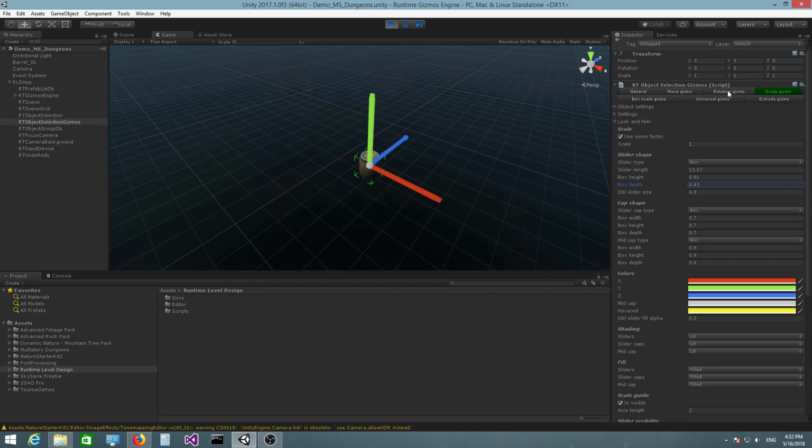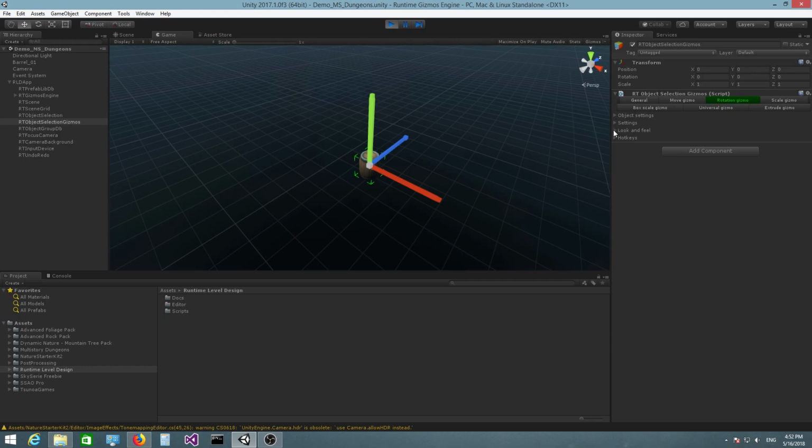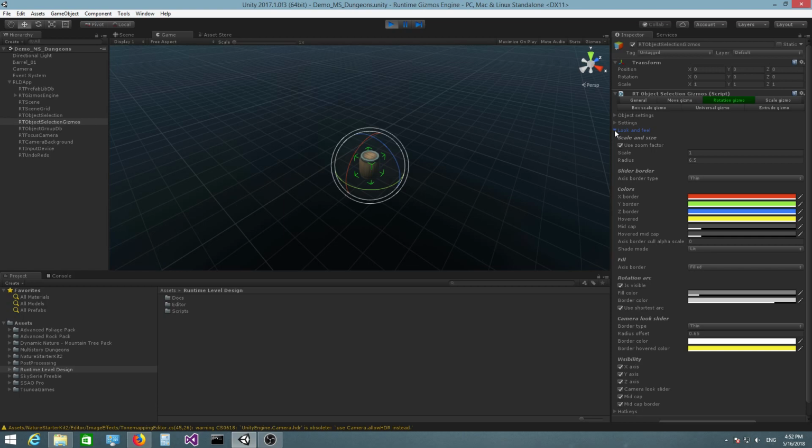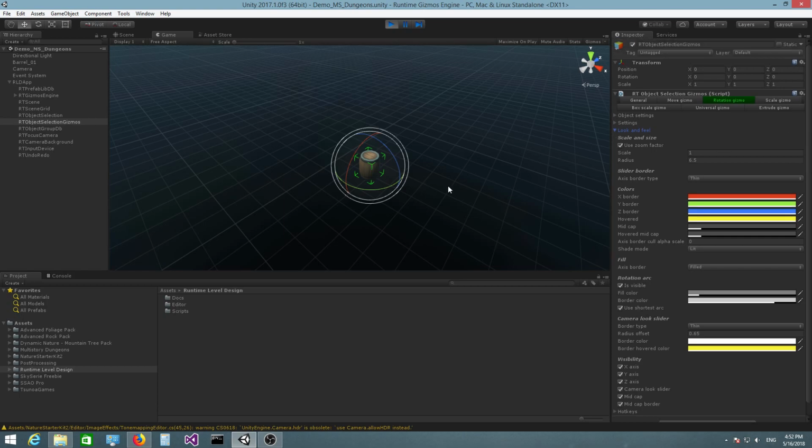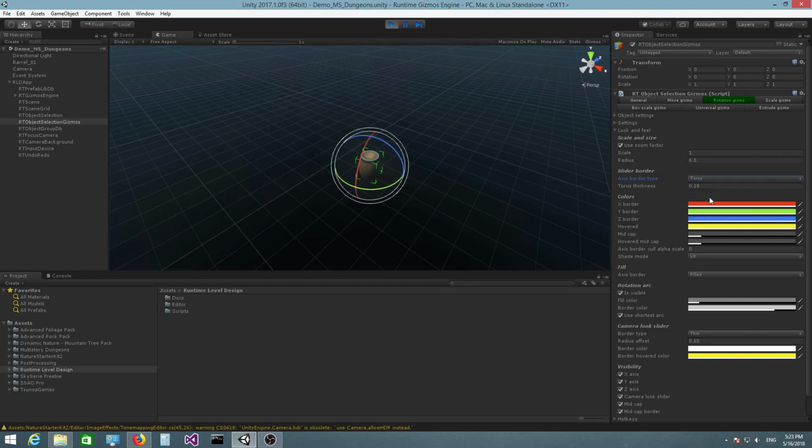Okay, now let's talk about the rotation gizmo. I'm gonna press E to activate it. So again, we have look and feel here. You have slider border, which allows you to control the border of these sliders here that can be used to rotate around individual axes. And the border type can be set to thin, which is the default, torus,